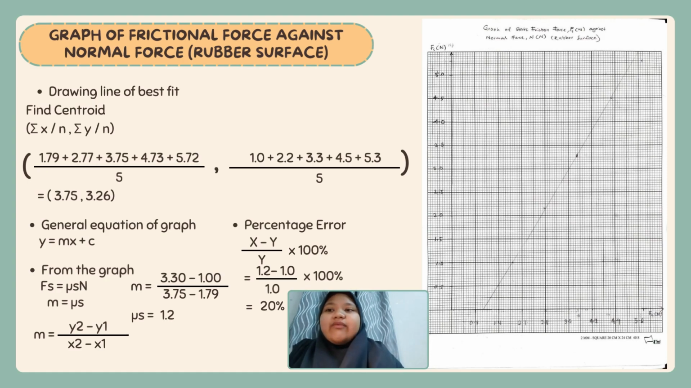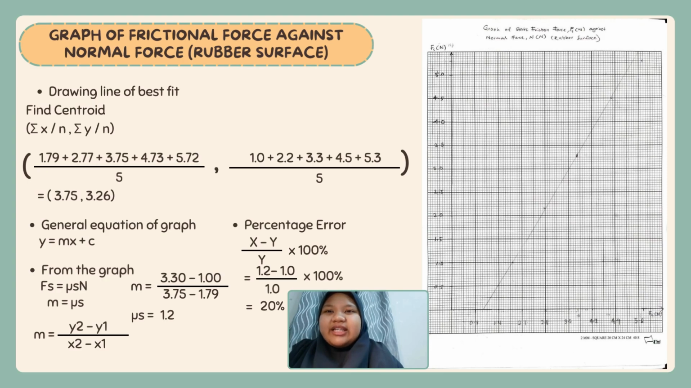We all know the formula for it: y2 minus y1 over x2 minus x1. I have selected 2 points that are on the best fit line. So the coefficient of static frictional force for the rubber surface against the wooden or the concrete surface is 1.2. For every experiment, we have to find the percentage error, and we can easily find the percentage error by